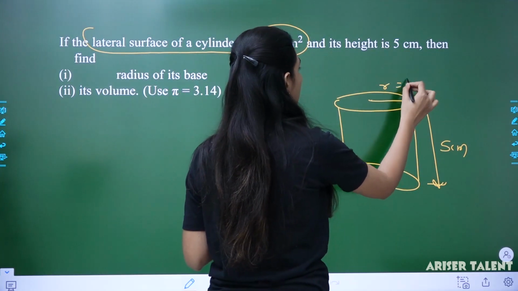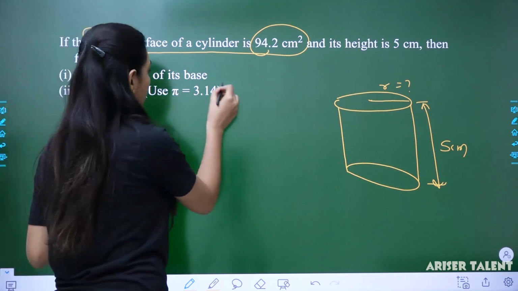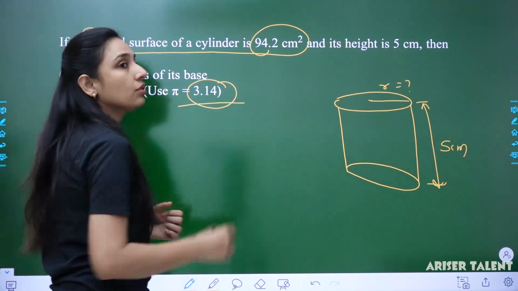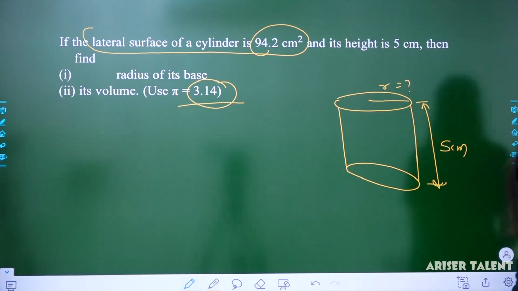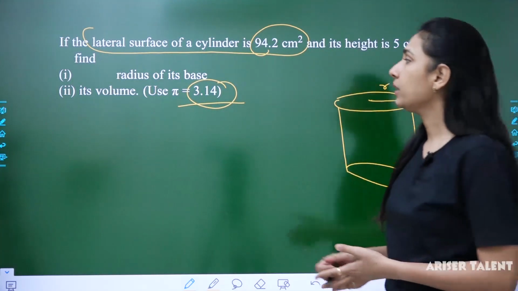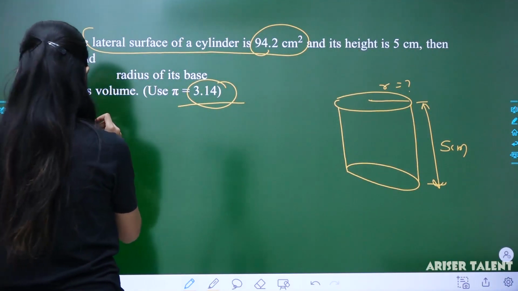So this radius you have to find out. Okay, for volume, we will be using pi equals to not 22/7 but 3.14. Okay, so in that case, for the first part, for the radius,